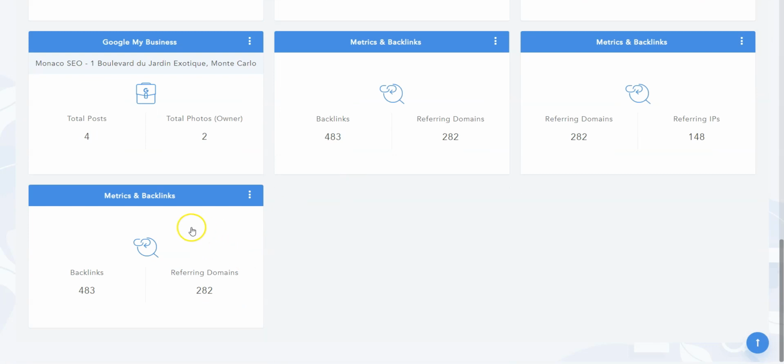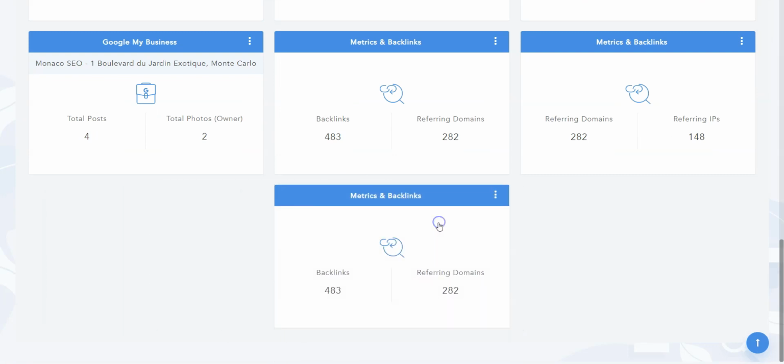Here it is. You can drag and drop it, obviously. So widgets are displayed in the order you want. Please note that widgets are clickable. If I click on a widget here, I will access more data. I will show you this in a minute directly from the client interface. So here, as you can see, you decide what your client will see in the dashboard. To create login details for your clients, click on the Users tab here.